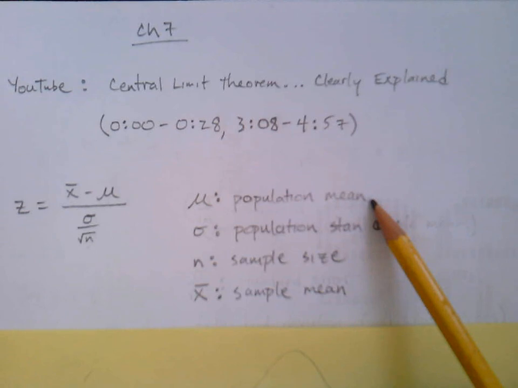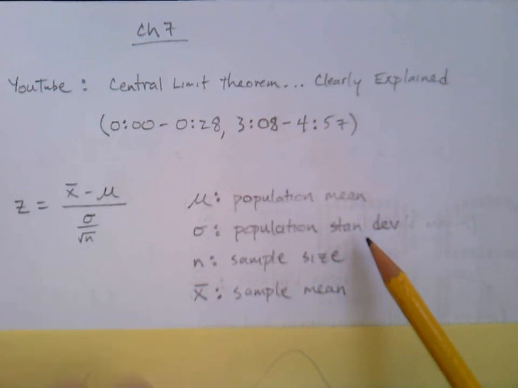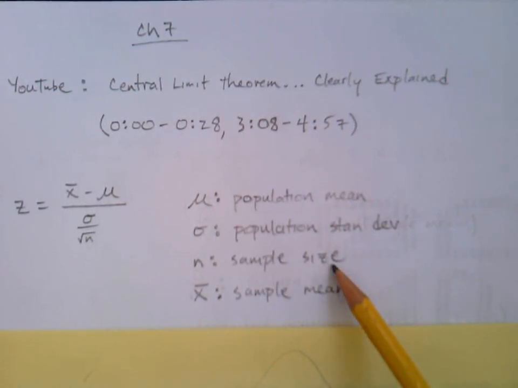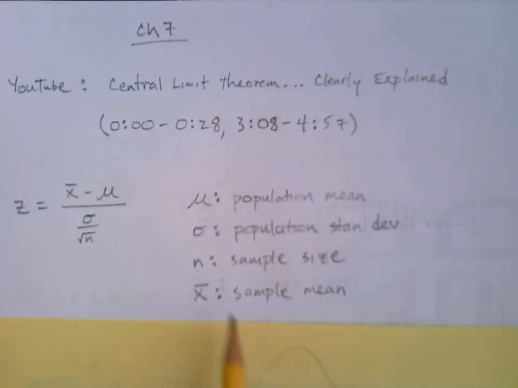So we've got our population mean, mu, and our population standard deviation, sigma. Those are the same as in the original z-score. But now we're going to include our sample size. It turns out if we have a big sample size, that's going to create a different bell shape than if we have a smaller sample size n. And now instead of x, we have x bar. Well, that still represents the sample mean, going all the way back to chapter 2. Okay, so let's get into the first practice problem.